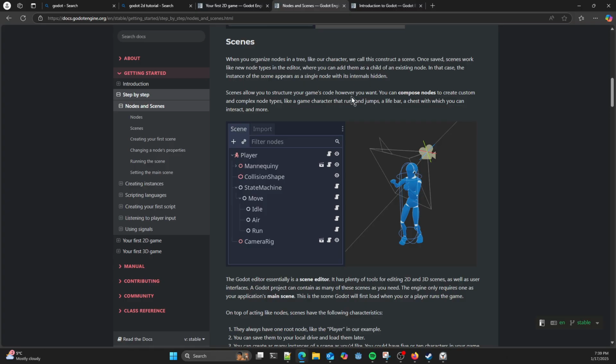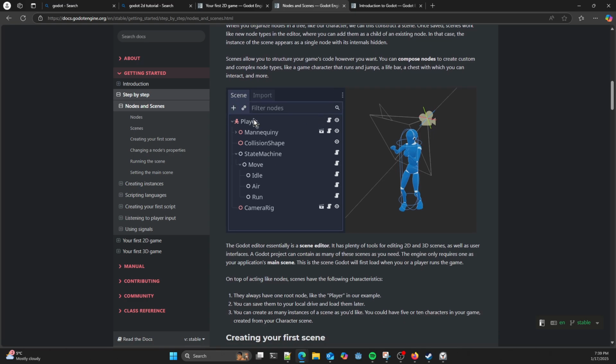Compose nodes to create custom and complex node types like a game character that runs and jumps, a life bar, etc. There we've got a player with a mannequin, a collision shape, and a state machine, which will dictate what actions you can do and where and when. There's a camera rig.